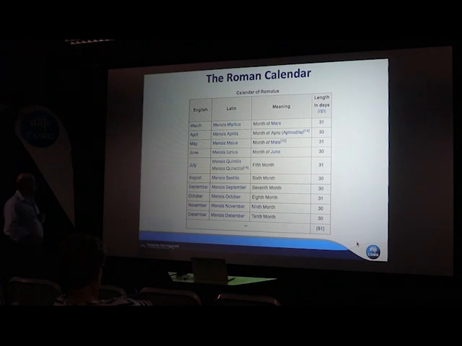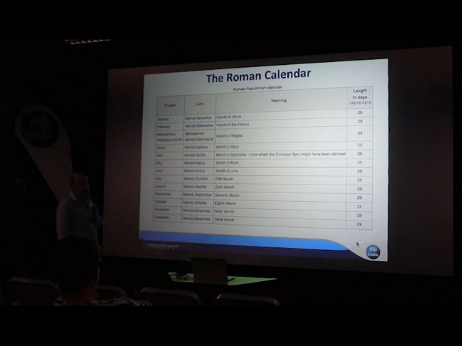However, that was the early calendar of Romulus, very early on. By the time of the Roman Republic, it got a bit more sophisticated, and they added 3 new months to make it fit in with the solar year. So they had the month of Janus, the month of February, and a month of wages when they got paid, and so on. This one here was a bit of a weird one because I think that was eventually dropped. And then they had the month of Mars and all the way down.